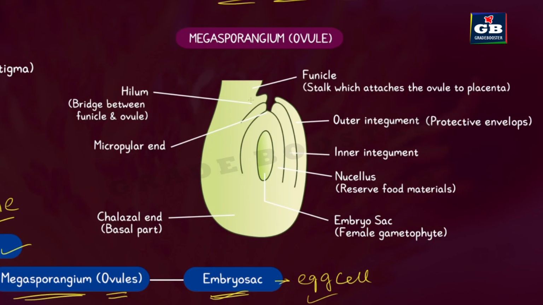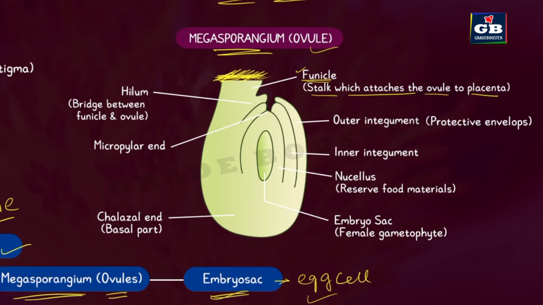Now, let us look at the structure of the megasporangium, that is the ovule, the structure of the ovule. So this is the structure of the ovule. Let us see its parts. The first part is funicle. So this is the funicle. It is a stalk which attaches the ovule to placenta. So this is the ovule. Ovule is attached to placenta. So this is placenta. To this placenta, the ovule is attached with the help of a stalk called